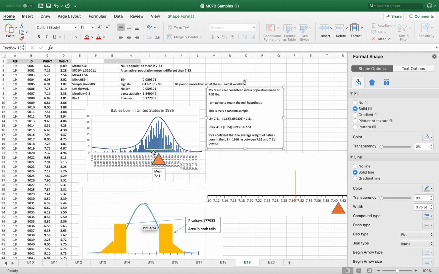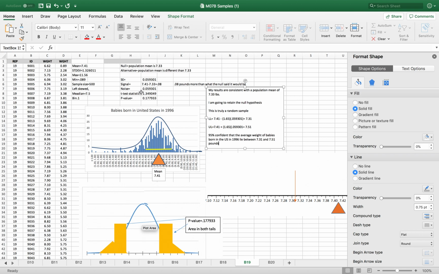Next I'm going to talk about the hypothesis. In the hypothesis, the null was that the population mean is 7.33. The alternative hypothesis is the population mean is different from 7.33. Then I did my calculations. My SE was